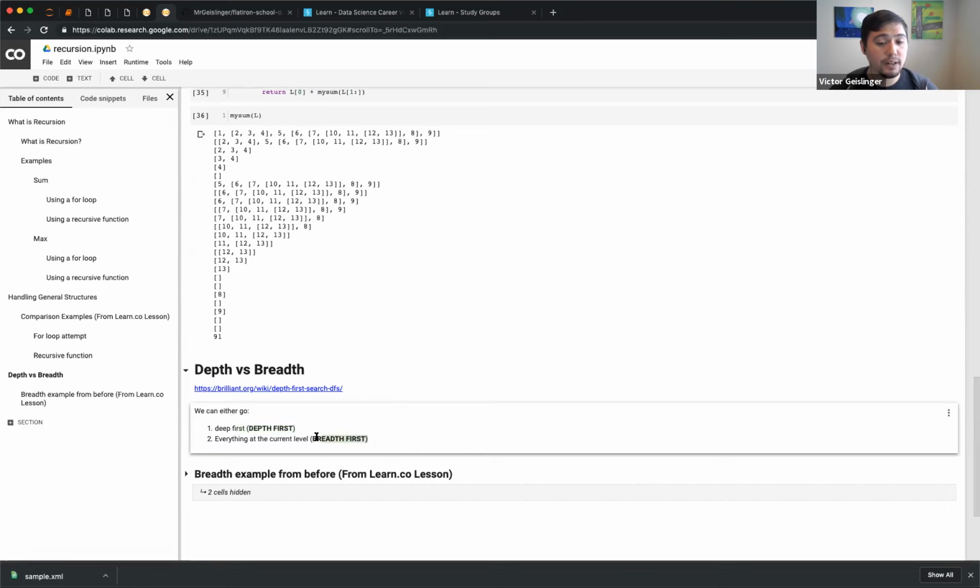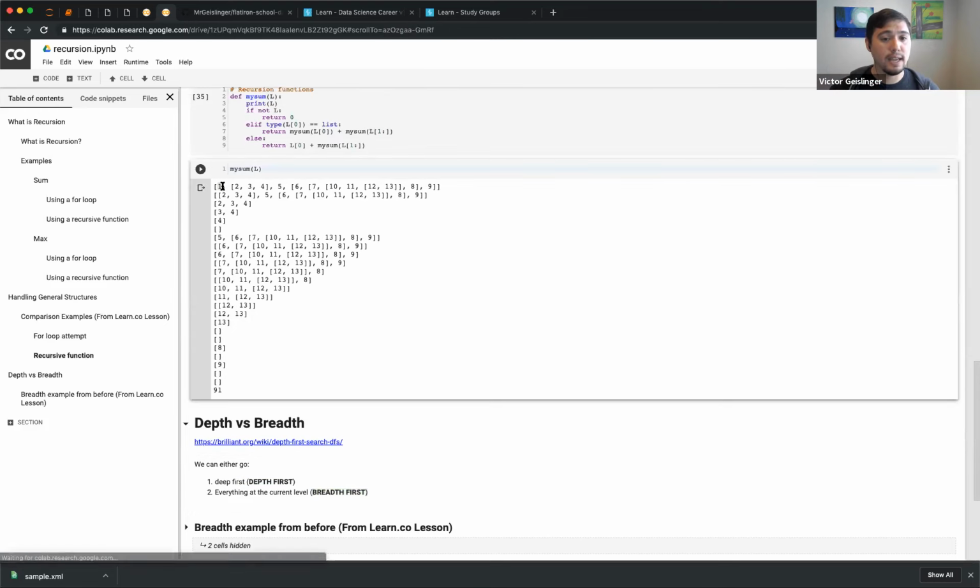And breadth first is much more, instead of going deeper, deeper, deeper, and then popping back out, you basically would say, okay, let me get the very first layer. It's like, okay, let me get through this part. Oh, there's this thing, I'll come back to that later. Give me 5. Oh, there's this thing, I'll come back to this later. And then it'll come back to the second layer and dig into here. And then say, okay, all done with this. Oh, this other layer right here. Let me dig into this.